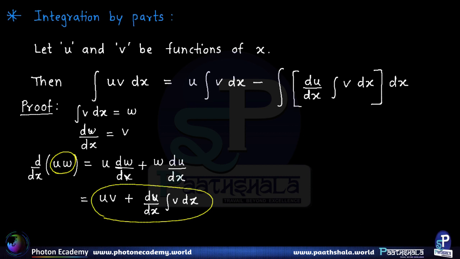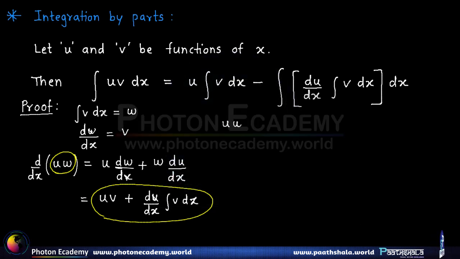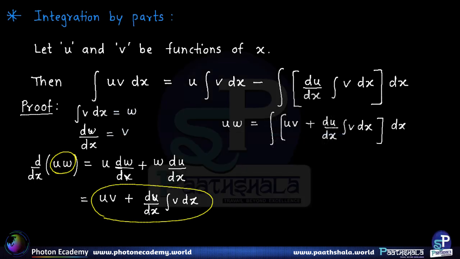So it means uw is nothing but the integral of the expression on the right hand side, that is the integral of uv plus du by dx into the integral of v dx, isn't it? Now on the left hand side we can rewrite w as the integral of v dx,